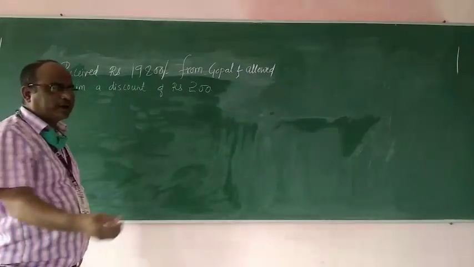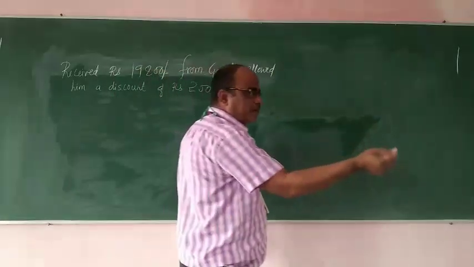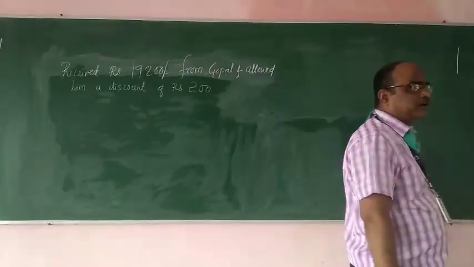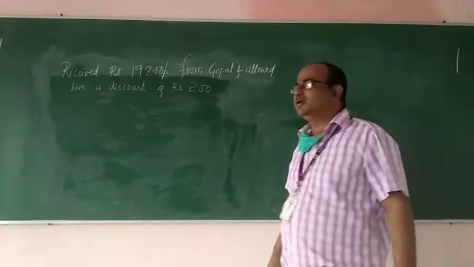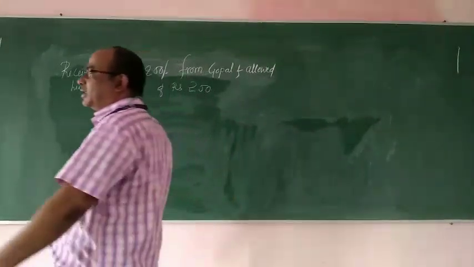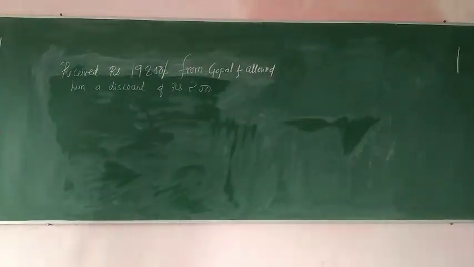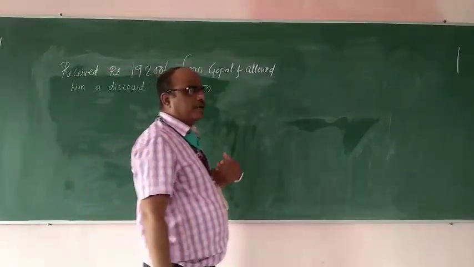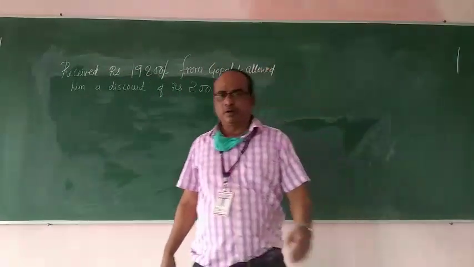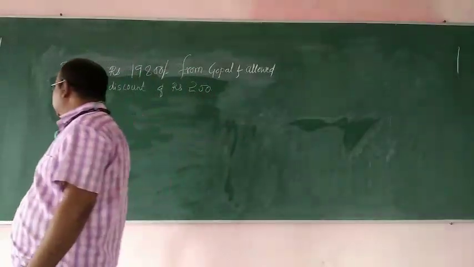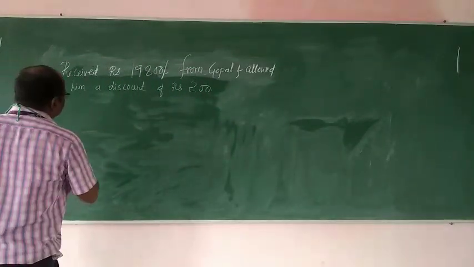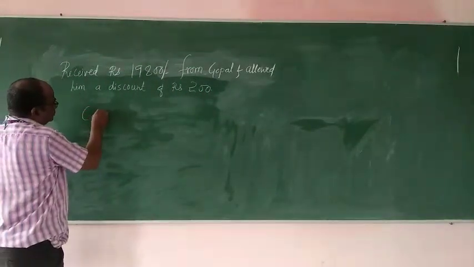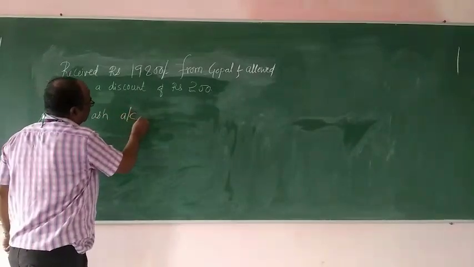So you will not get 20,000 and then give back rupees 200. Before the payment only you will inform Gopal that you pay me how much? 19,800, because I have decided that I will allow you a discount of rupees how much? 200. Is that clear? Now here cash account debit